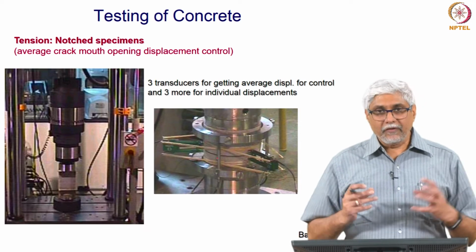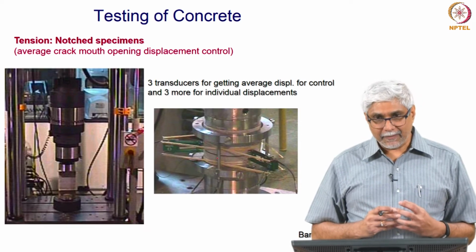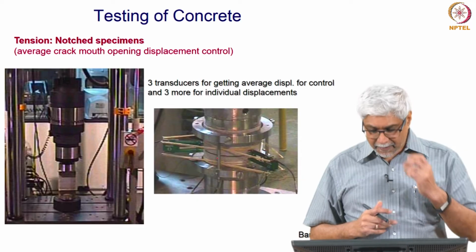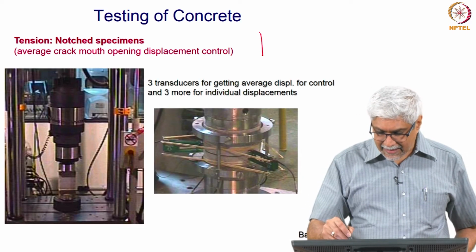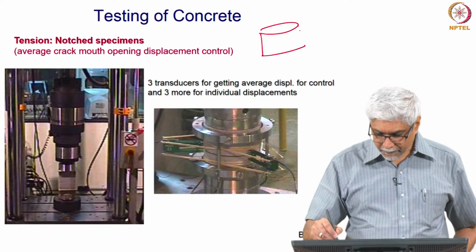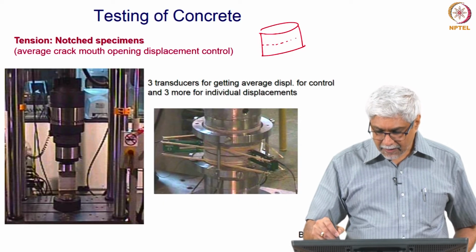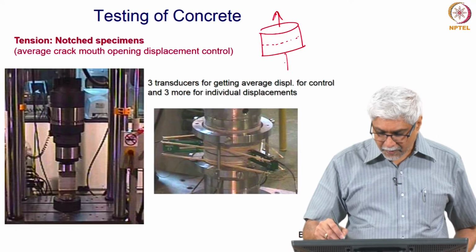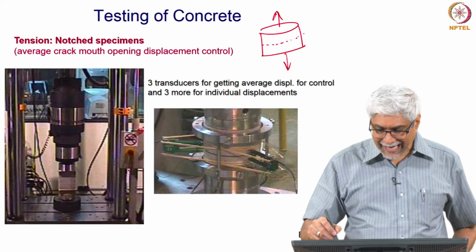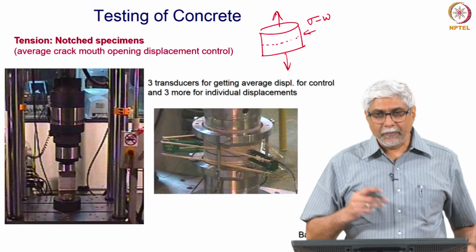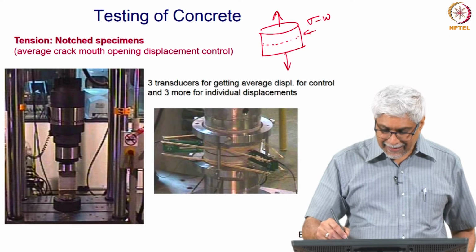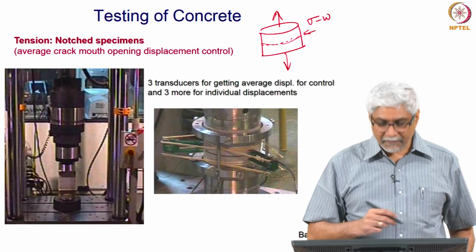As I told you, we do a lot of tests on notch specimen. The idea of using notch specimen, you will not see clearly what the specimen is, but basically it is a cylinder with a notch here and we are applying tension, because we want to know the stress crack opening behavior of this, what is often called the sigma W behavior. So, we put a notch because we know that the crack will only open there, we can then control it.